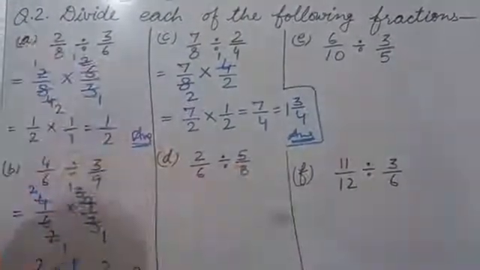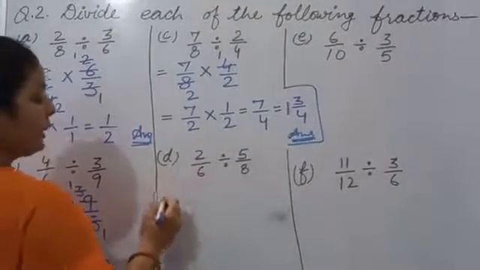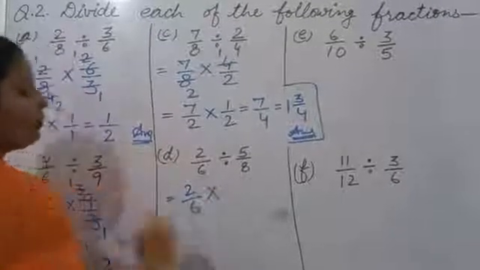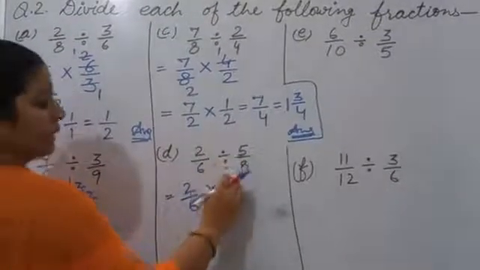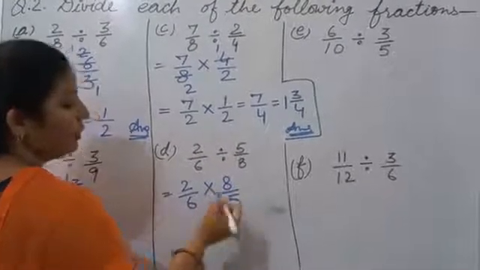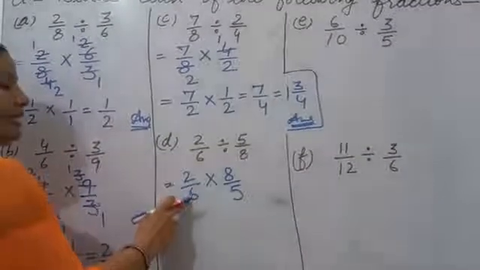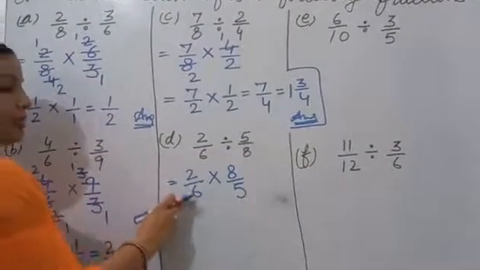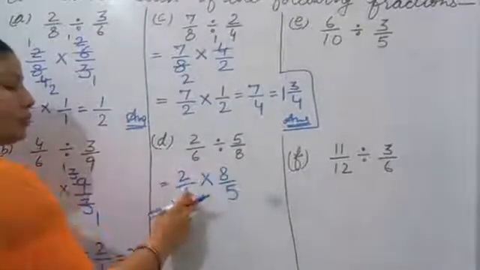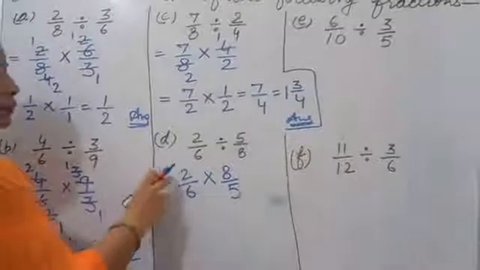Now next, it's D part. 2 upon 6 divided by 5 upon 8. So first of all 2 upon 6 as it is. Now divide will change into multiply. 5 upon 8, so it becomes 8 upon 5. Now we will see by which. By 2 we can cancel 6, because in 2 table we have 6. And in 2 table we have 8 also and 6 also. By these one also we can, as our wish we can cancel. Okay. So from here we cancel.